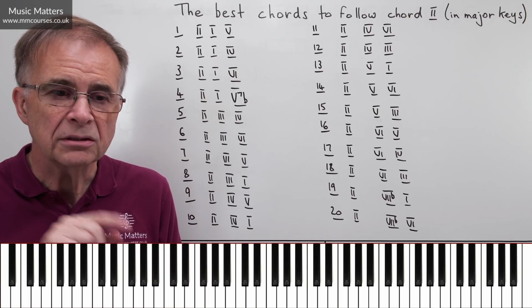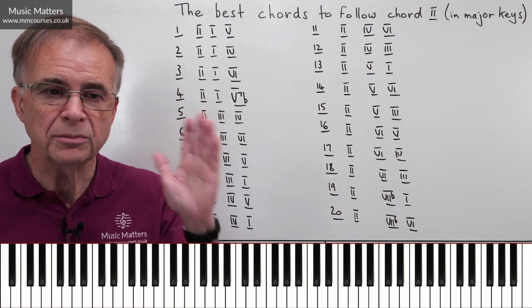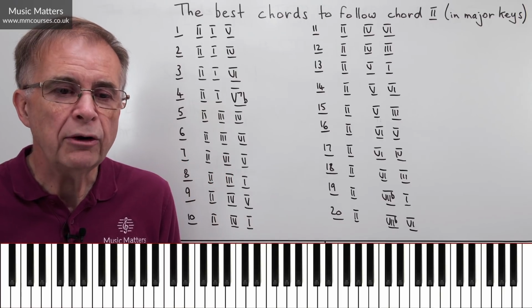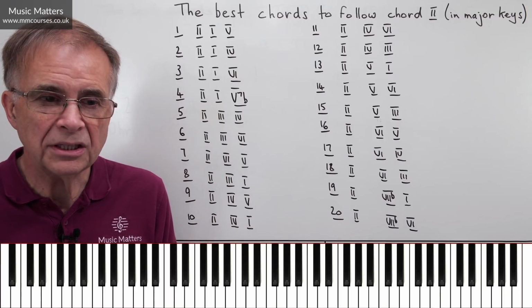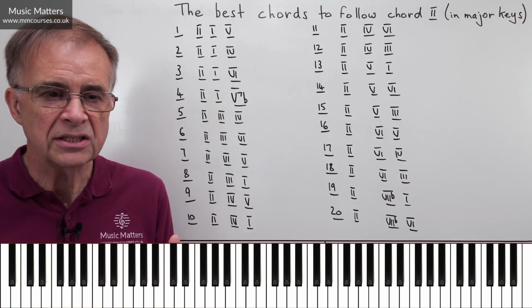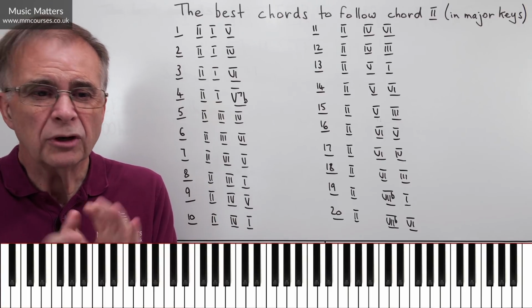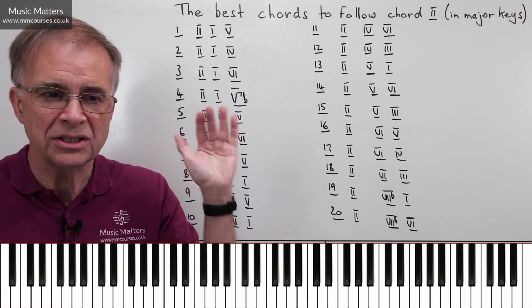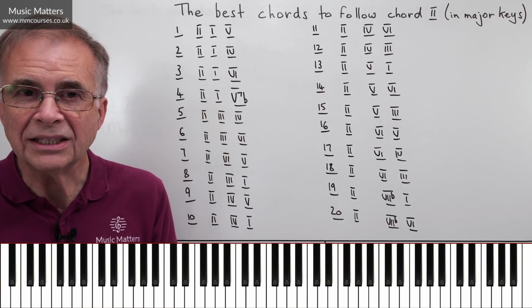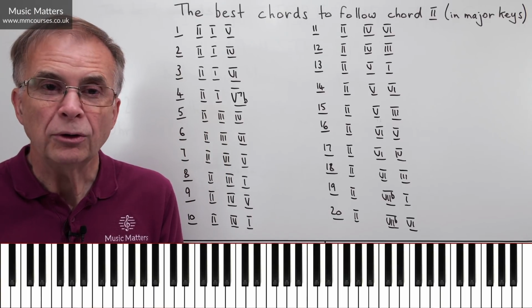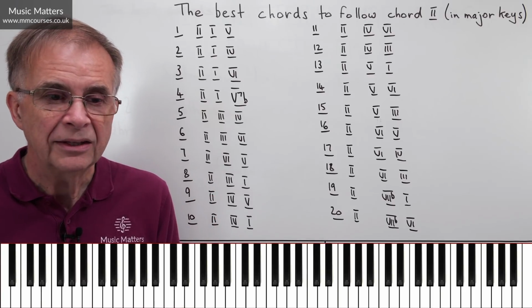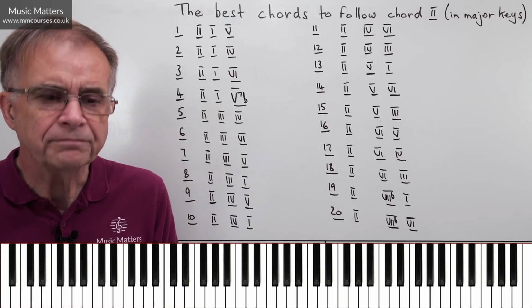But you do notice plenty of progressions that go from 2 to 1 that work very nicely. So even if you've studied some of this and you've come across things in textbooks saying, oh, try not to go from 2 to 1, it's something you've got to be careful about in relation to these parallels or consecutives. But actually, if you organise a bit of contrary motion, they can be very effective options.